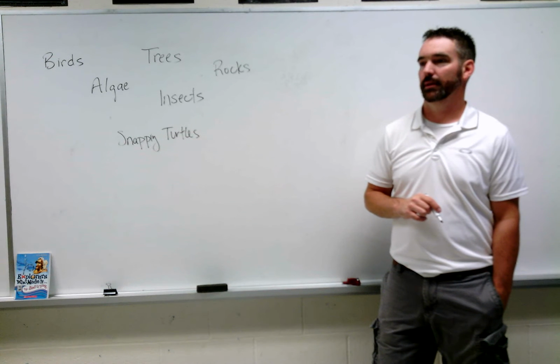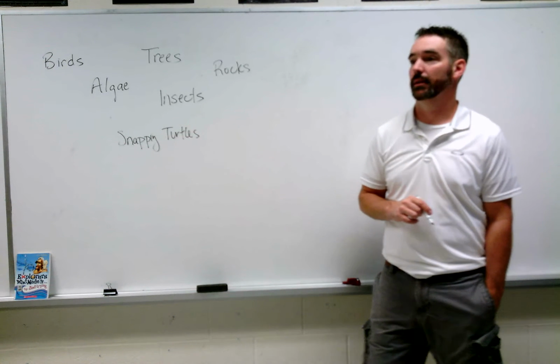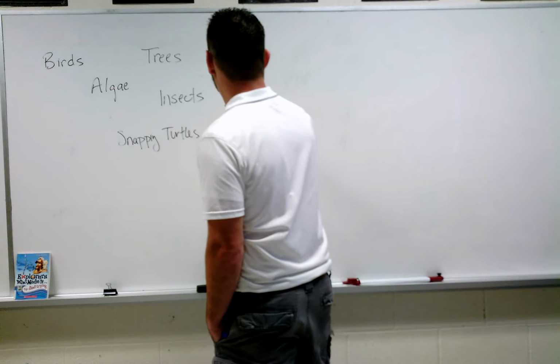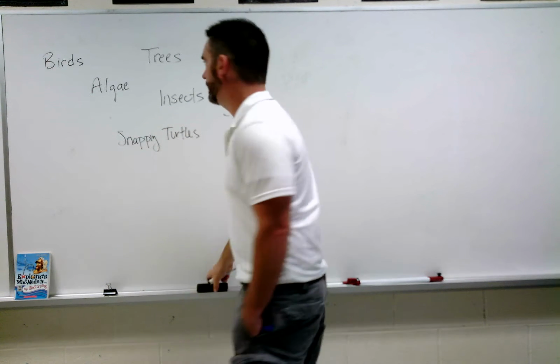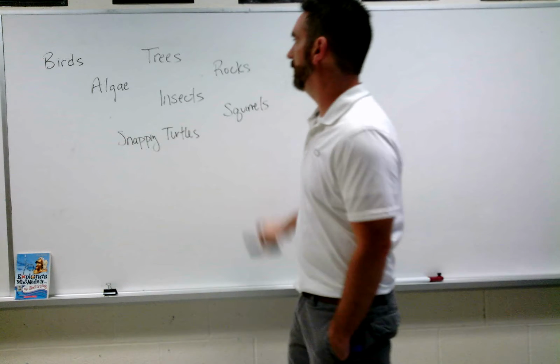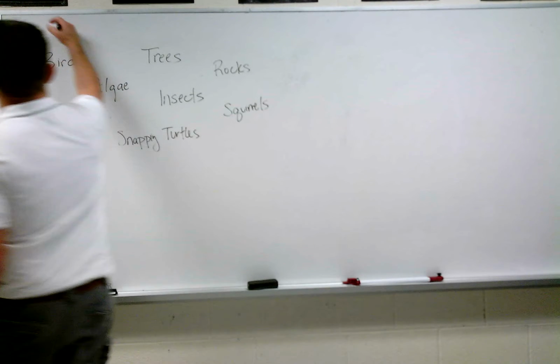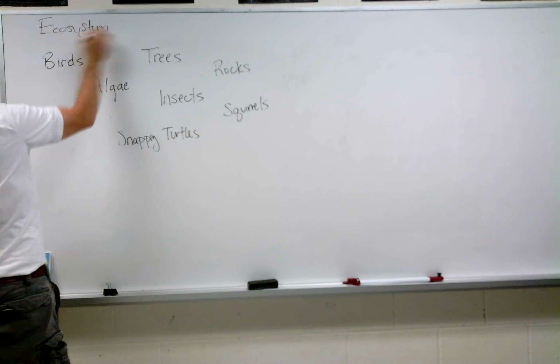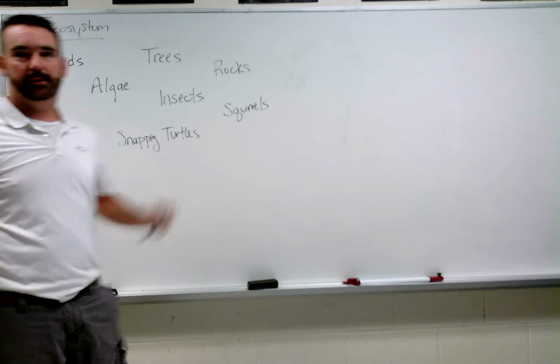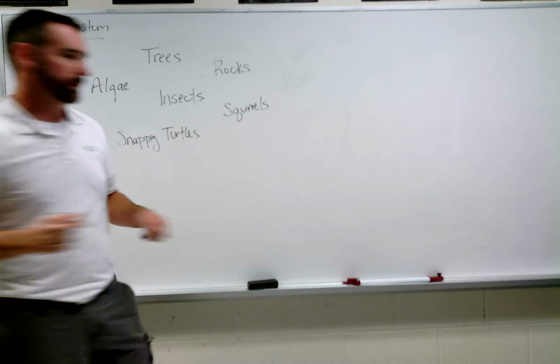Okay. So I'm going to separate a couple of these things, because the overall thing we're going to talk about is an ecosystem. An ecosystem is a combination of things that are all living and working together. On top of that, I'm going to take squirrels out of there. Not that there aren't squirrels, but we're going to stick to the pond for now. On top of that, we have one kind of outlier in all of these things that we say.